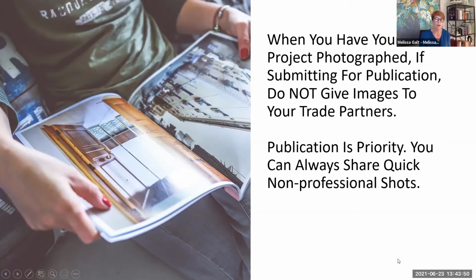I want you to share the in progress. I want you to share your mood boards. I want you to share your flat lays. I want you to share when you're at a resource and you're flipping through all those panels of fabric. A consumer one time walked into one of those showrooms and said, how come you all have so many shower curtains? Yes, true story from a showroom, believe it or not. Oh my gosh, the stories I have heard. So you want all of that for social.